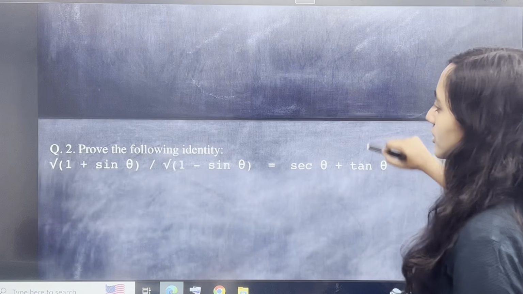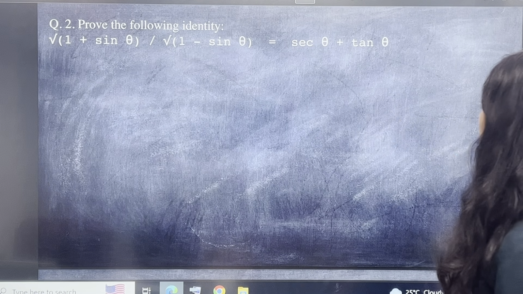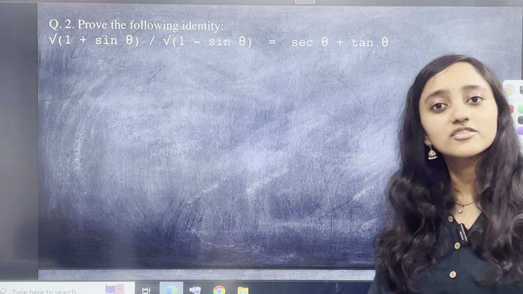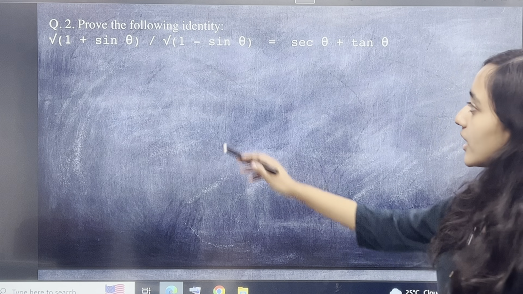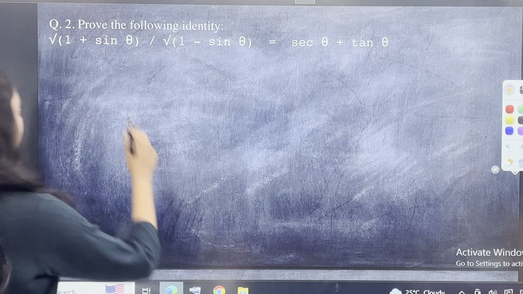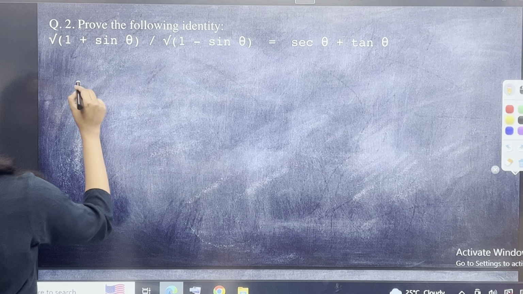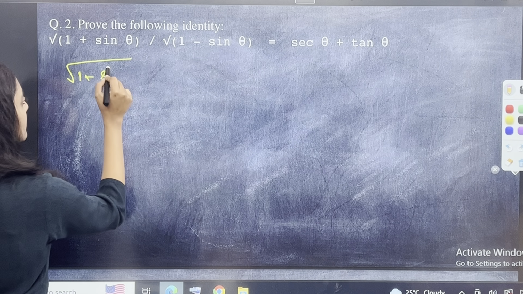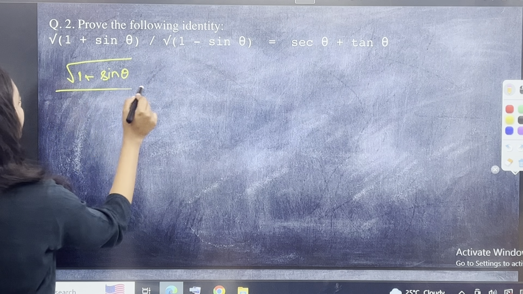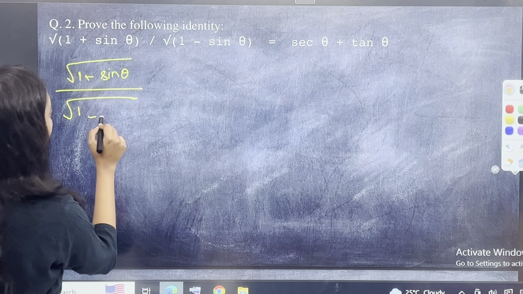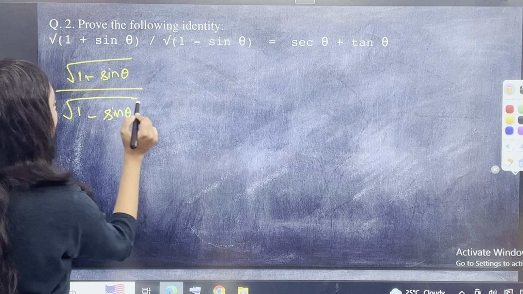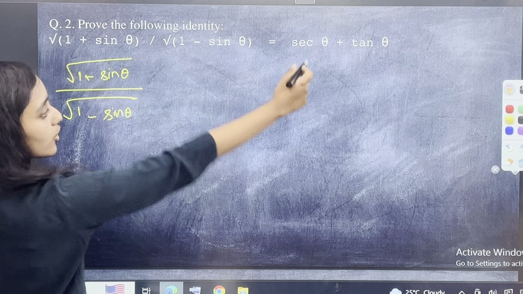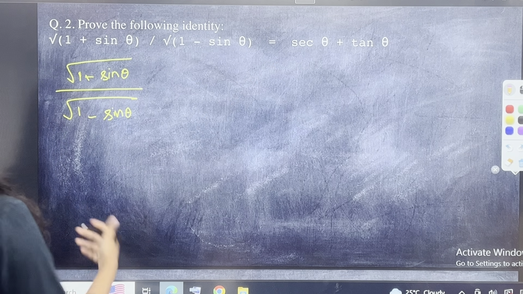Again, for the next question, I would urge you to solve it first and then pause the video right now, solve it, and then we'll come back and see whether you also got the solution while I also get the solution. I will write it down for you again, because it's text so maybe it's not clear. So it is root over 1 plus sine theta divided by root over 1 minus sine theta. This is your question. That is your LHS and it is equal to secant theta plus tan theta. So that is quite clear. We will write that, okay, fine.